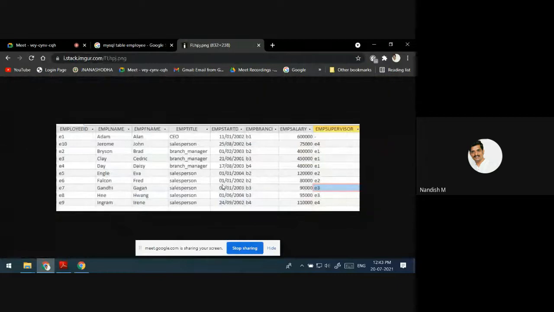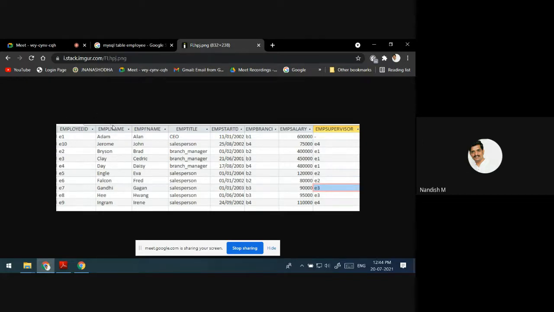There will be column names: employee ID, employee name, surname, title, start date, branch, salary, and who is the supervisor. In this way, this is one simple table which contains employee information.